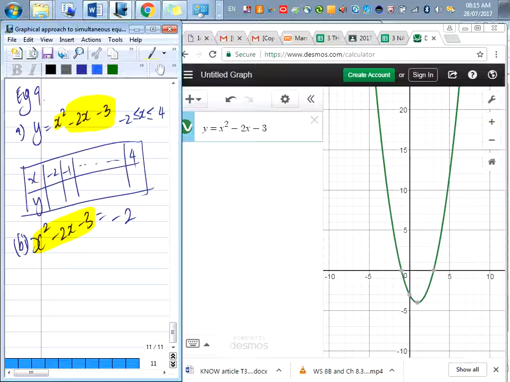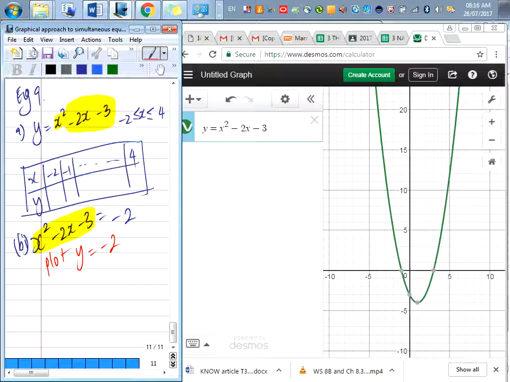So Ali is saying we should plot another graph, and what is the other graph I should plot? y equals negative 2. Okay, if we do that, what are we looking out for? The points of intersection. How many points could there be? There could be 2. Any other possible answers? There could be 1 point of intersection also, right? When it just touches this part,